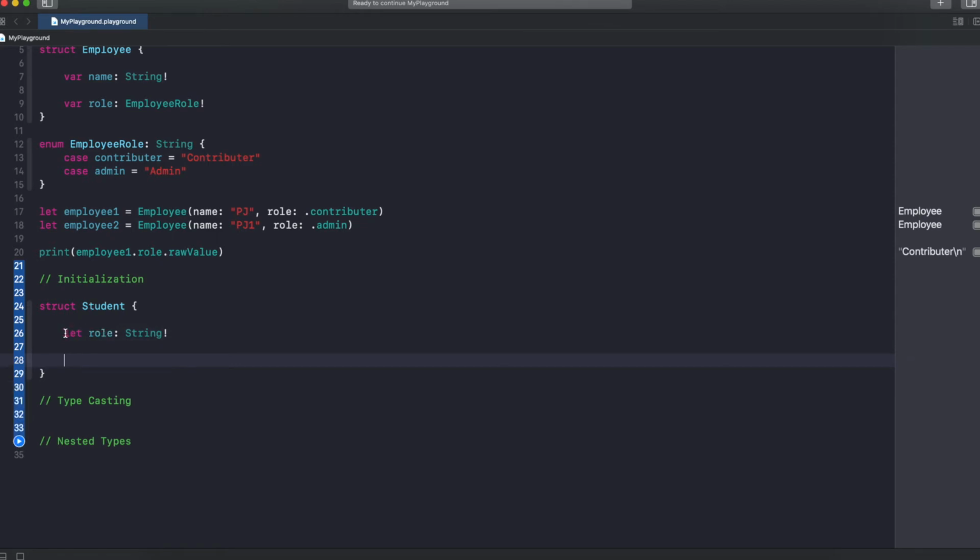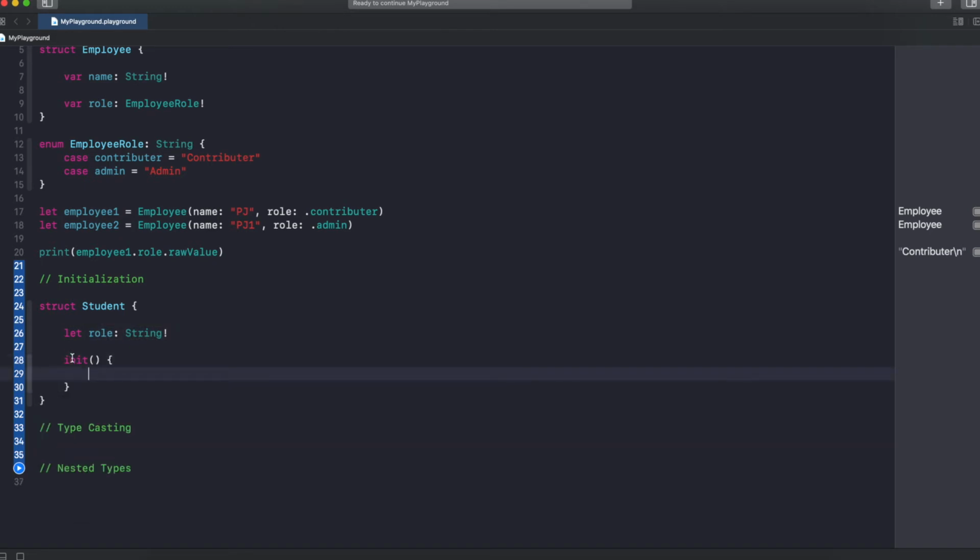Here I am just declaring it, but I am not initializing it. What I am going to do is, in the init block of this struct, which is the constructor, right? Whenever you create an object for the student, this block will get hit. And here I am doing role equal to student.